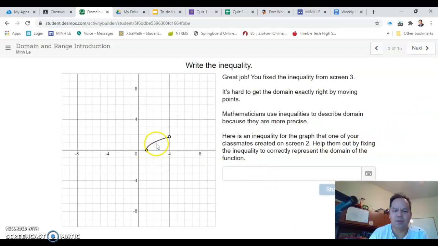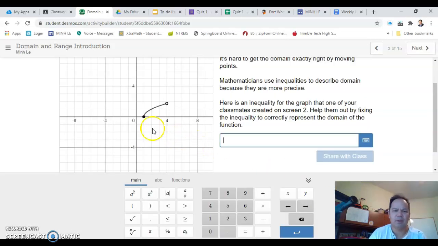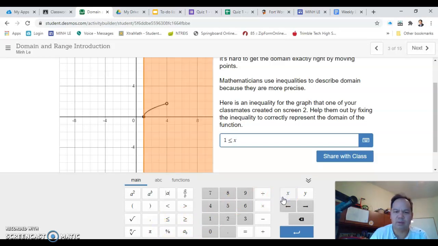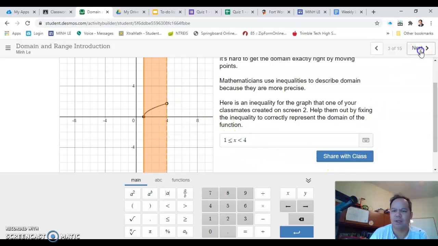Okay, so what's the inequality for this? So we're gonna type it in here. We know if you go to the left, it's at 1, solid line. We need the equals x. And if you walk to the right and you look up, the endpoint is when you are at x equals 4. And it's open, so x less than 4. Okay, you see the dotted line because it's less than, open circle, less than. Next,